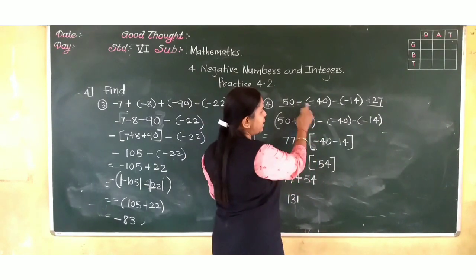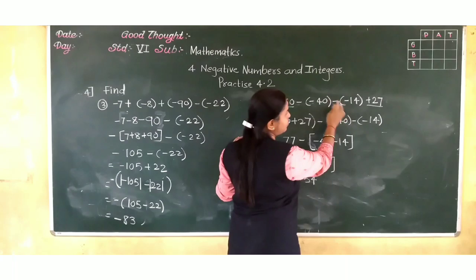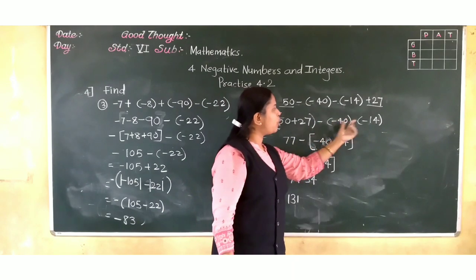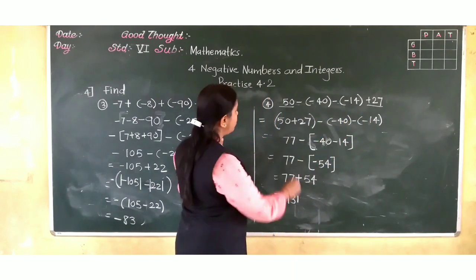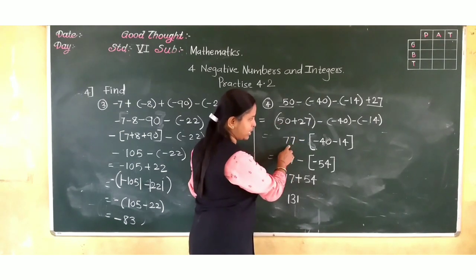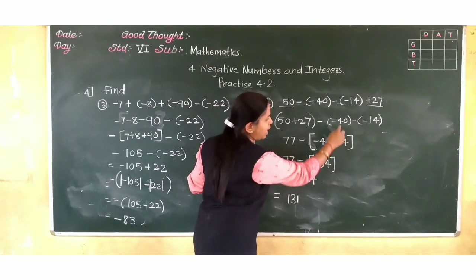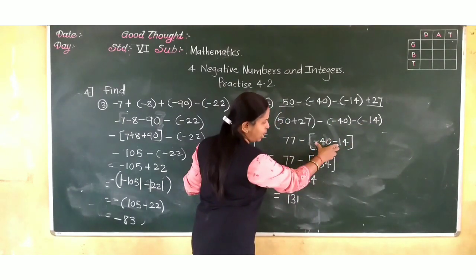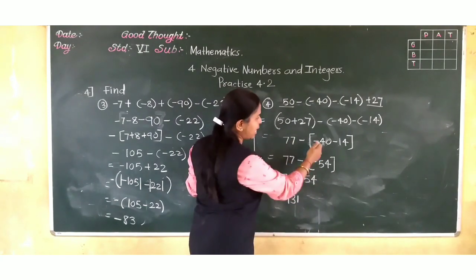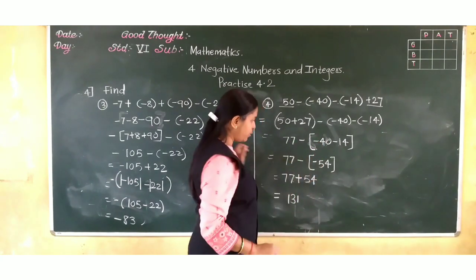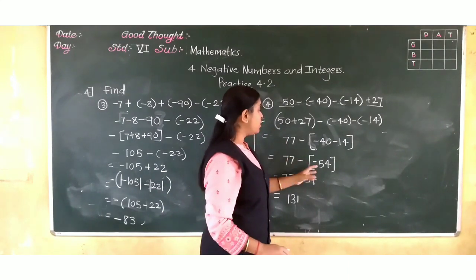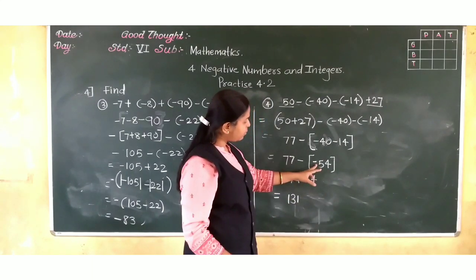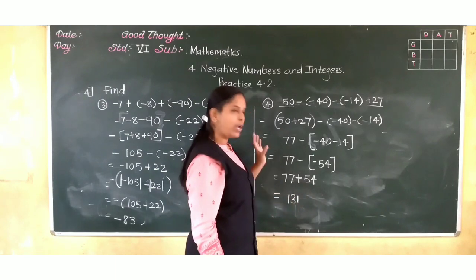Okay. Then the minus sign, minus of minus 14 and minus of minus 14. Okay. Then what do we have to do? See, both of these have the same sign, so take them together: 77. This minus sign. In the bracket I took minus 14 minus 14. Okay. Now both having the same sign, so add, and the sign will be negative. So the answer came minus 54. Now subtraction of this. So take the additive inverse, and how to write that? What is the additive inverse of minus 54? Plus 54. And we have to add.